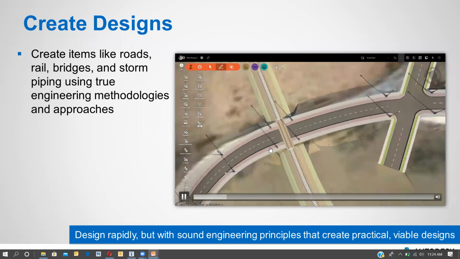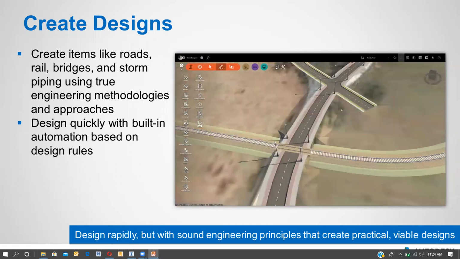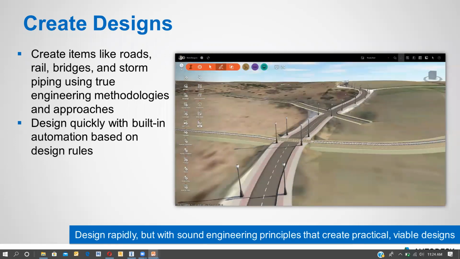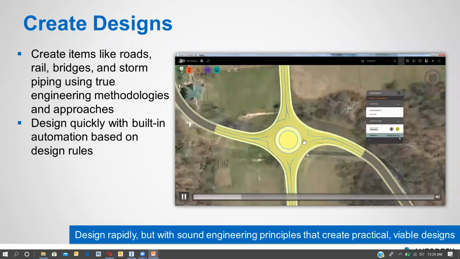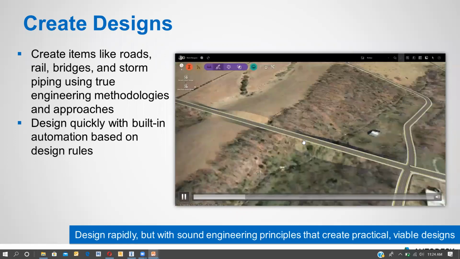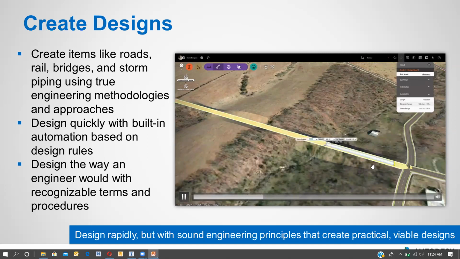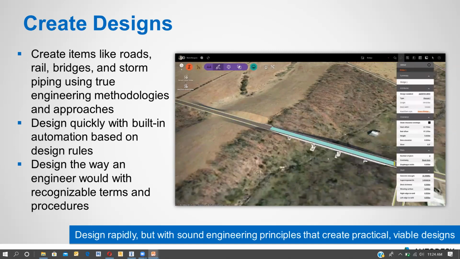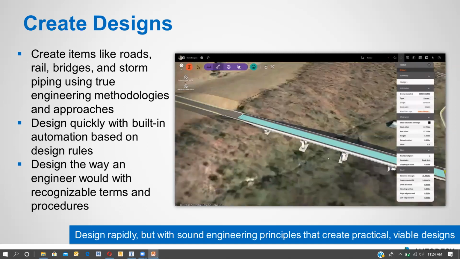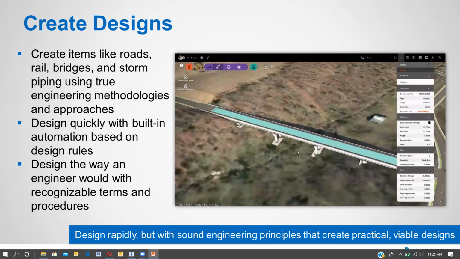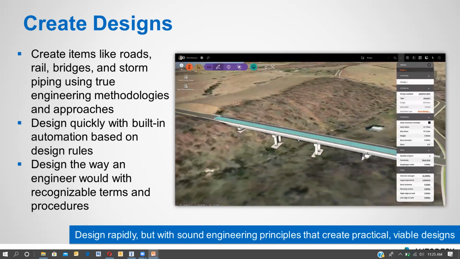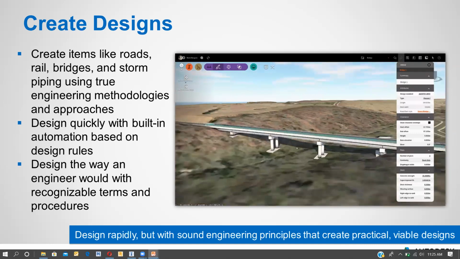InfraWorks is also an intelligent tool. Can you see? Here we can raise that elevation and make it a road or rail or something like that. Now you can see a road has been built here. Now what we are doing is we are making this road a bridge. So we are turning it into a bridge within a few seconds. Can you see the piers and abutments have been made here in InfraWorks within a few seconds and a few options? So there is no intelligence required from us in making the things.